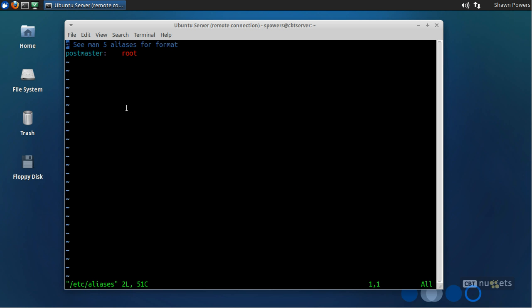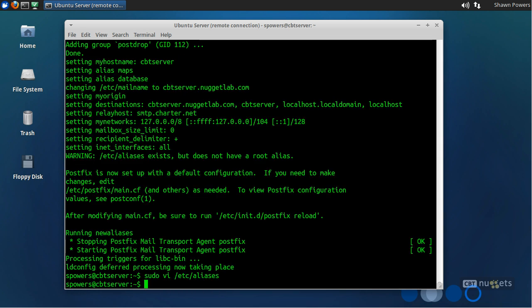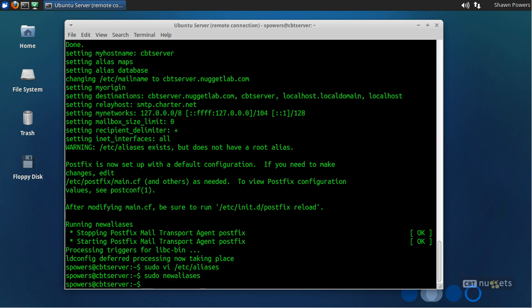So this file contains aliases for who gets what sort of email. If email is sent to Postmaster, it gets forwarded to root. Now we could add one: any email going to root goes to Sean Powers at cbtnuggets.com. We'll save this file, and then we have to run newaliases, and that updates the aliases database so